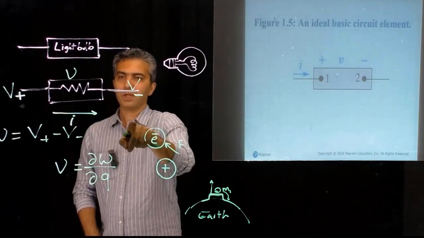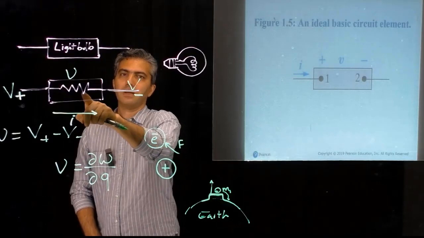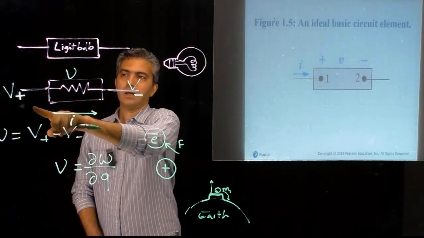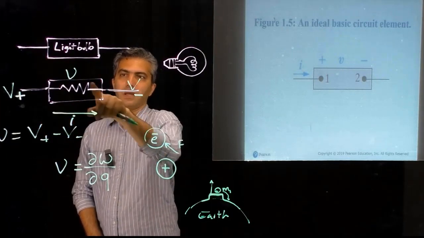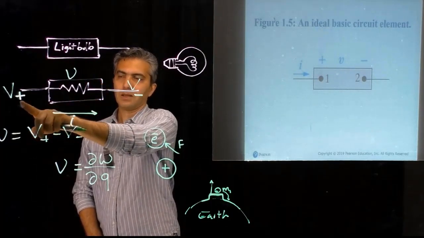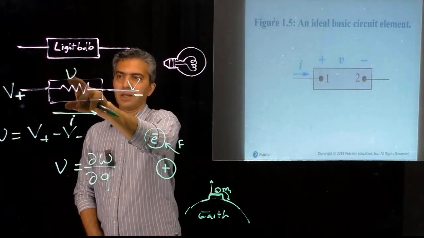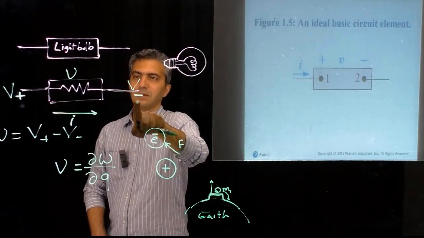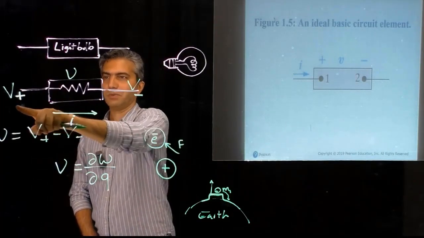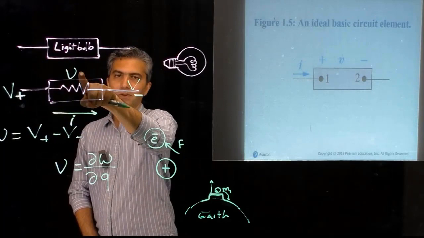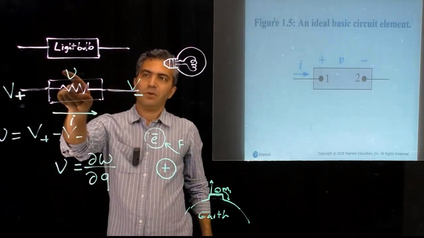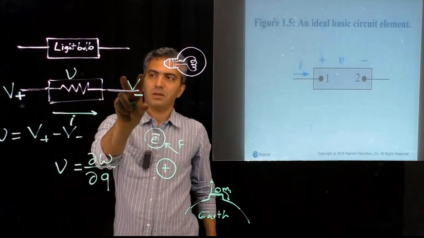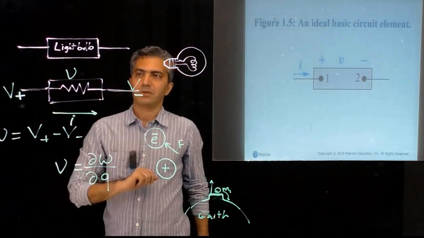This is very important to keep in mind. A lot of times the two concepts get confused. The potential difference and the voltage are the same thing, but the potential on each node is different. Sometimes people assume, for example, that V plus is the same as V. It's not. The voltage across is equal to the potential on one side subtracted from the potential on the other